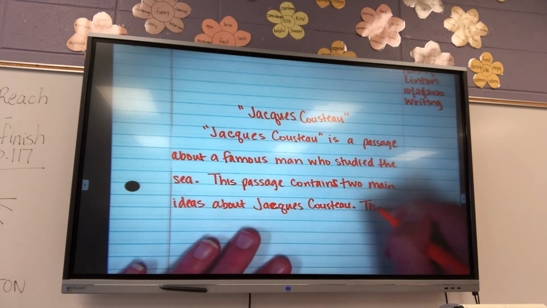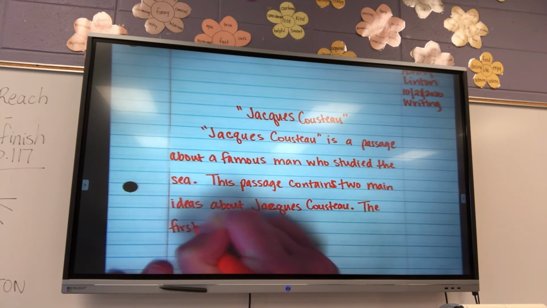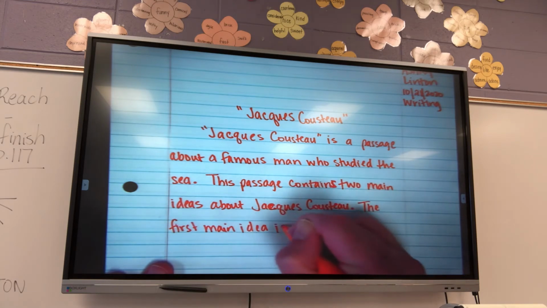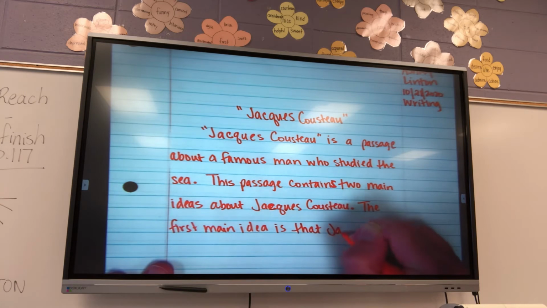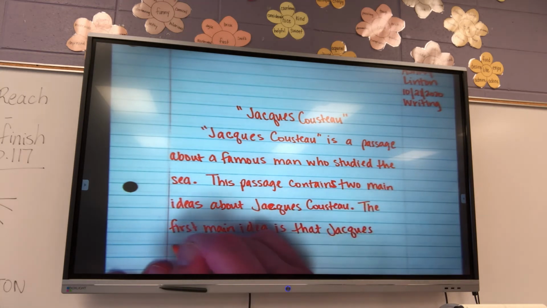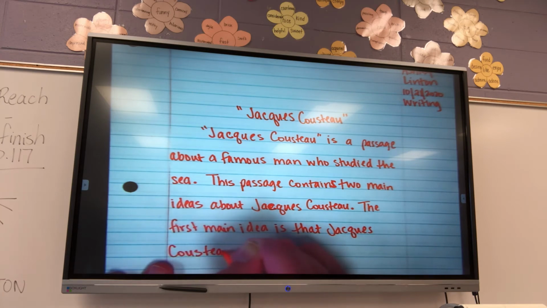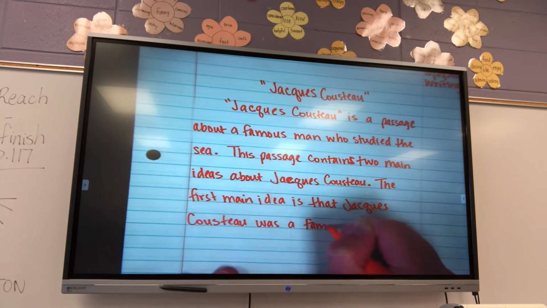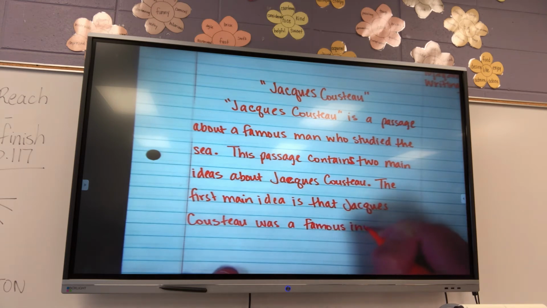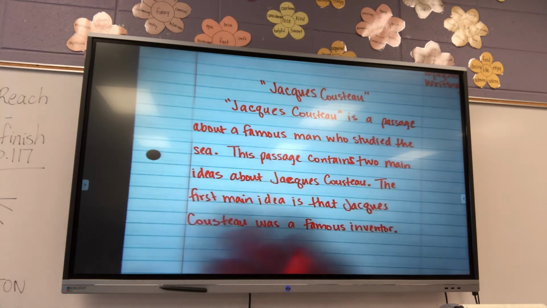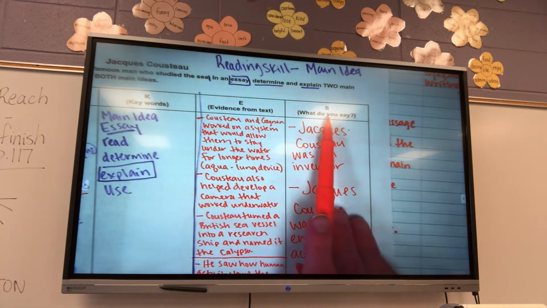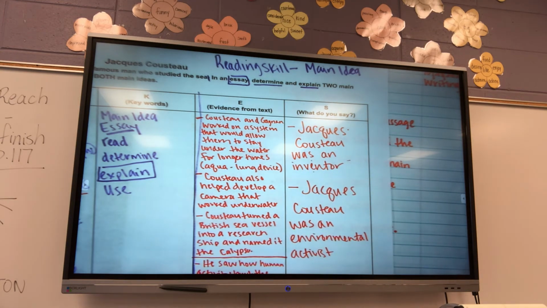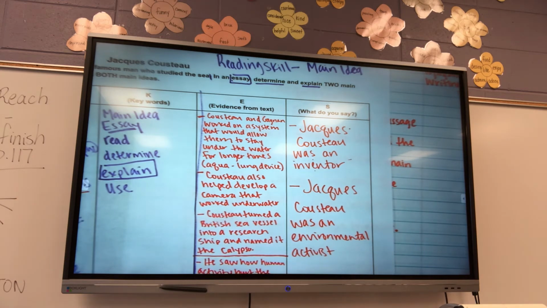The first main idea is that Jacques Cousteau was a famous inventor. And I got that from right here on my takes chart where we said Jacques Cousteau was an inventor. Okay? So what am I going to put in the next sentence? Jacques Cousteau was an